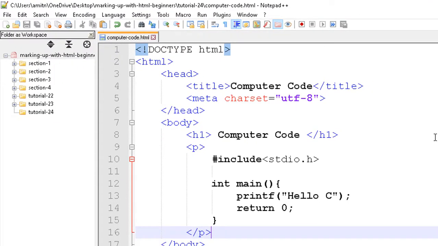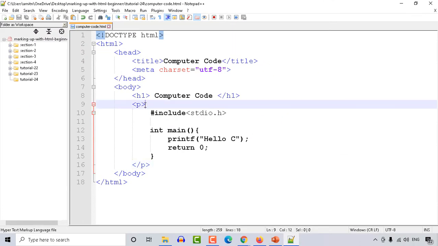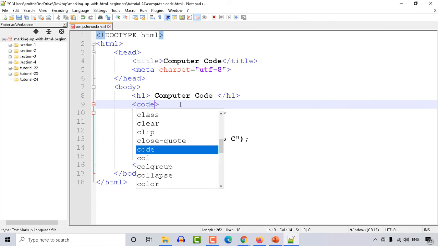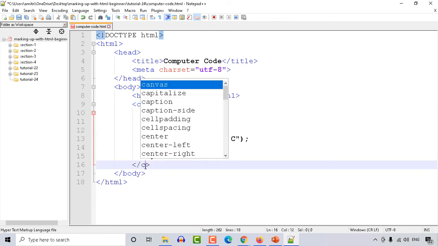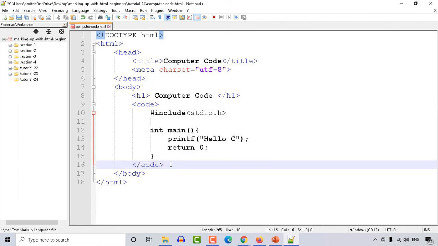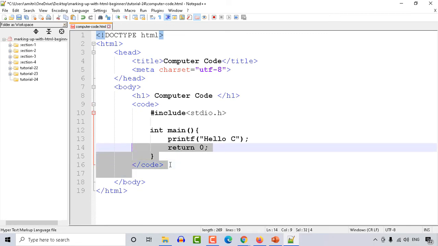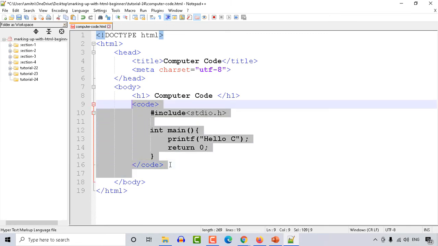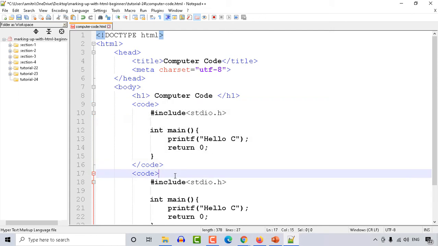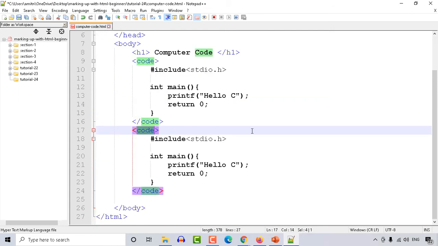Now we have a few elements with us, like we have seen in our slide, so it's time to use them. First of all, I am using the code element. So this one also is a code, and let me copy paste this one. I'm selecting everything and pressing Ctrl D, so it will create a copy of whatever I have selected.